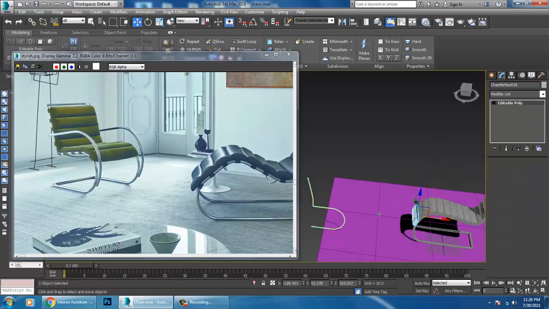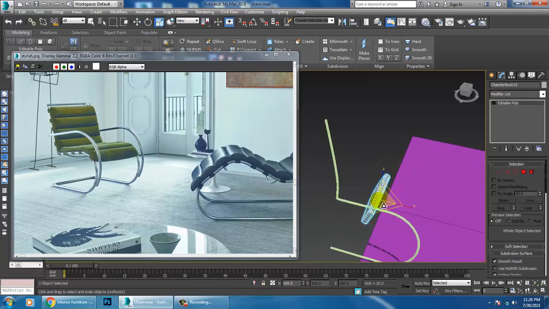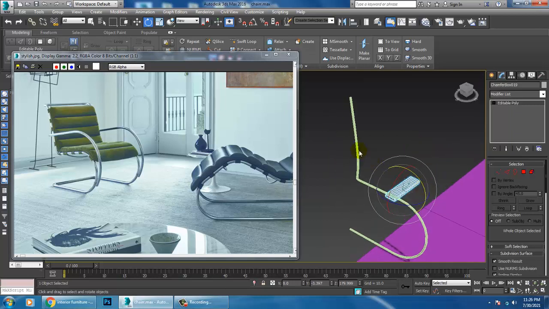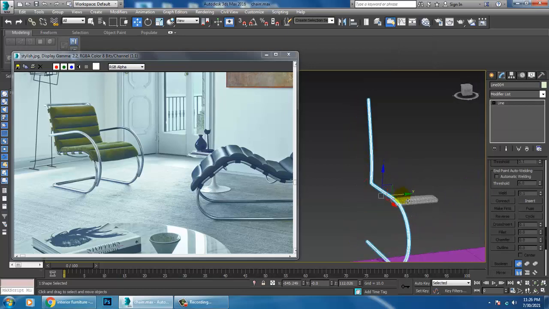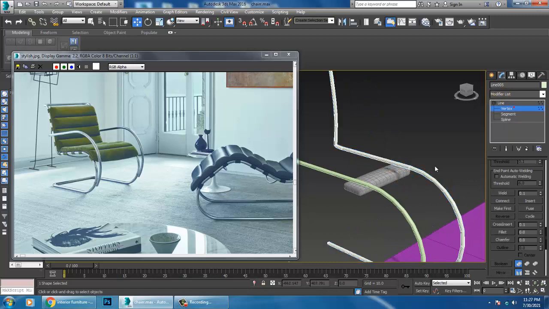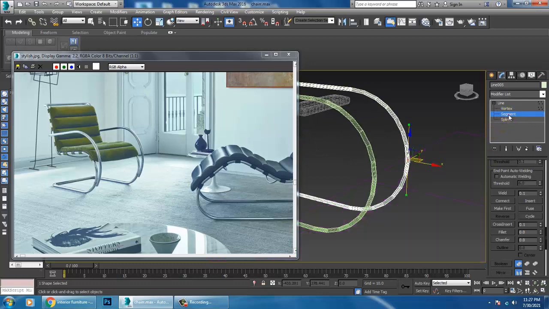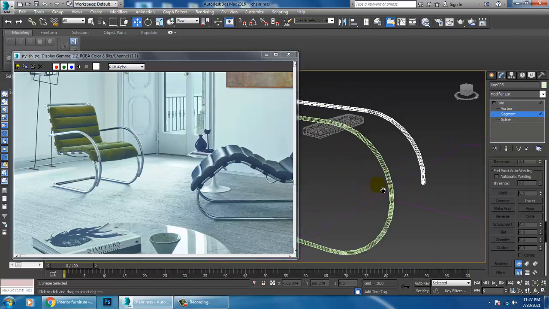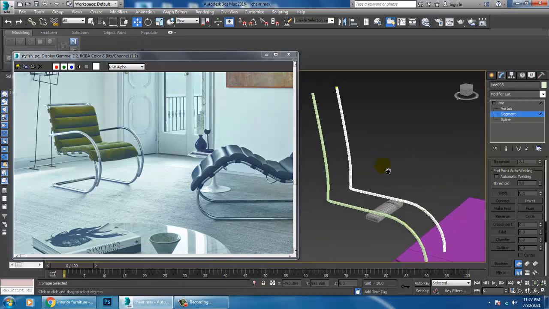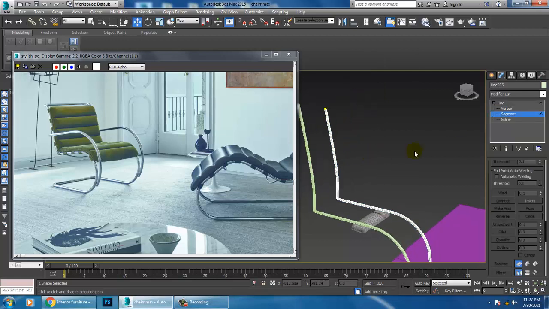Select this again and duplicate that. I'll slightly scale that. Again I'll go over here, select the vertices, select the segments, and delete that. Right click, refine till here, select this segment and delete it.